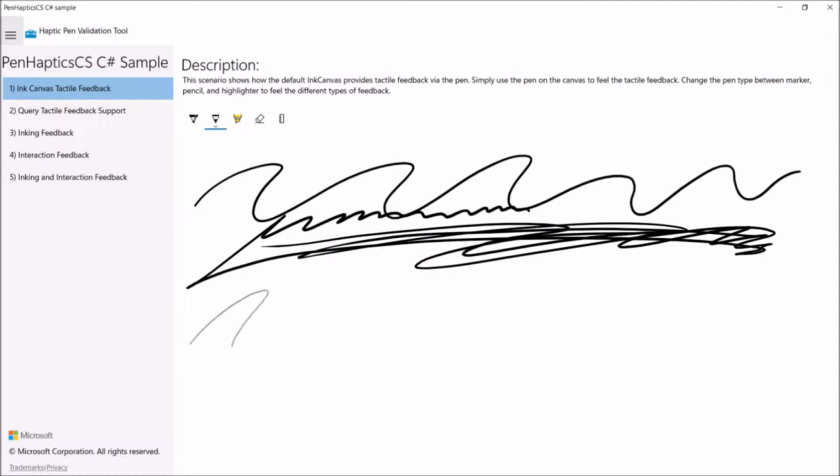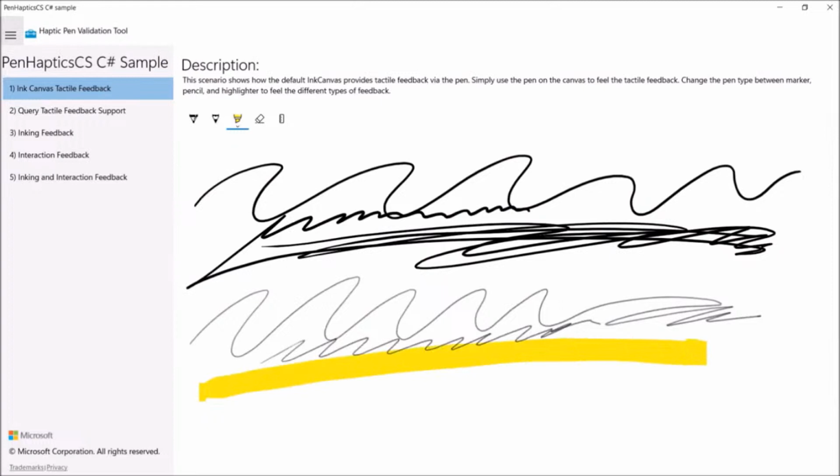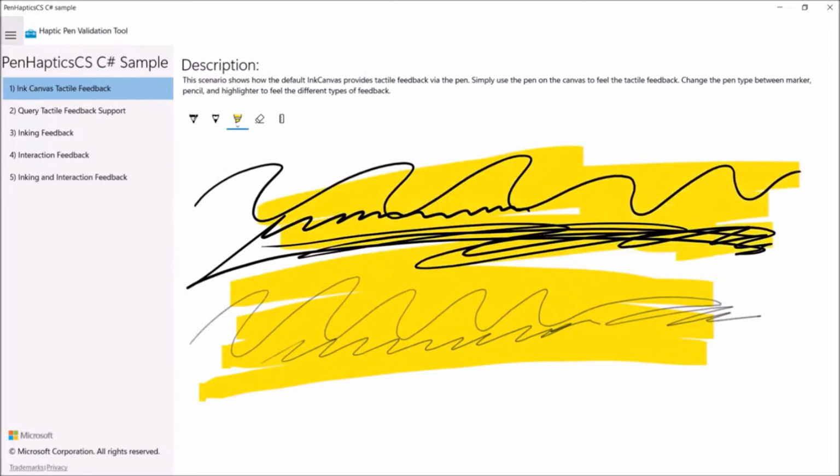Now, when I switch to the pencil, I get something more scratchy, and it feels like a pencil on paper to me, which is pretty different from the pen that I just felt in the previous example. Lastly, I can switch to the highlighter, and here I get something smoother, like taking a real highlighter across paper. This one's really nice as you're doing these big, broad motions as if you'd be highlighting a bunch of text. These different feelings really combine to create a more intuitive inking experience, and I can't wait for all of you out there to get to experience them for yourself.